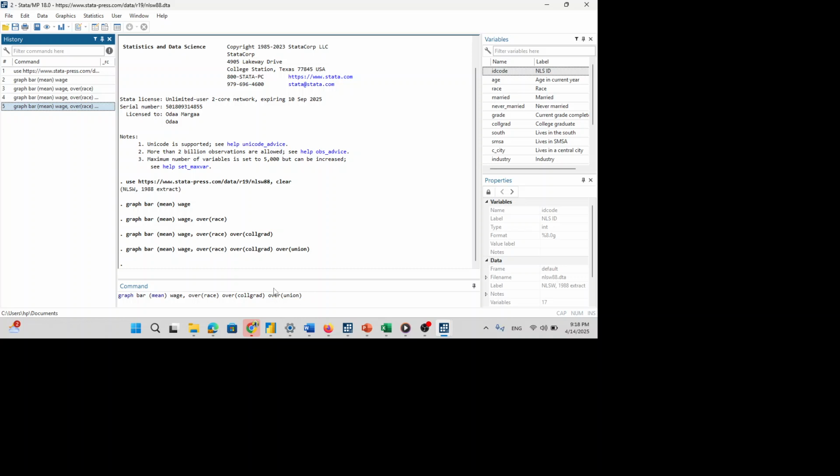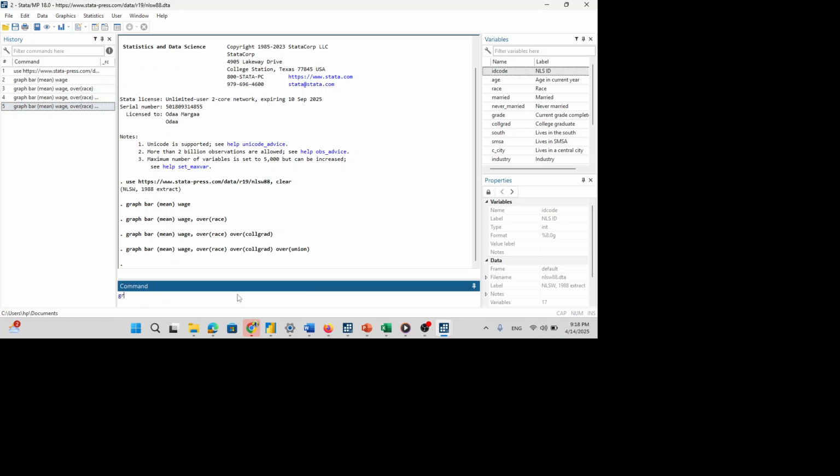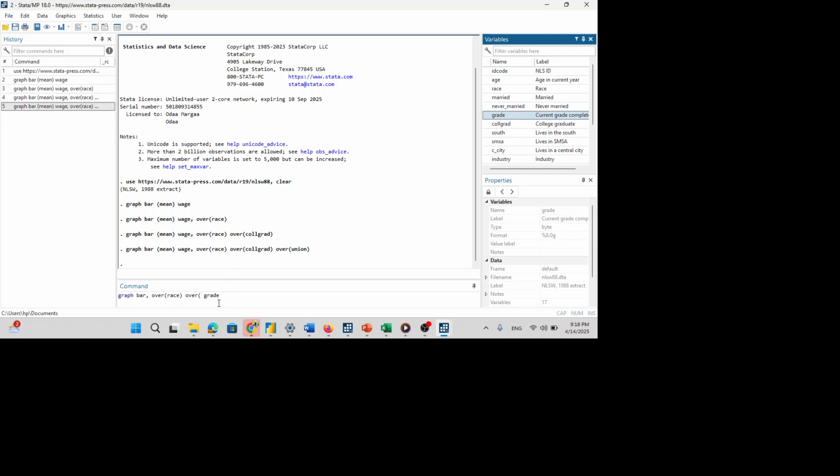So in order to do that, just type graph bar, then comma, over race, space over college grade. That means this one.